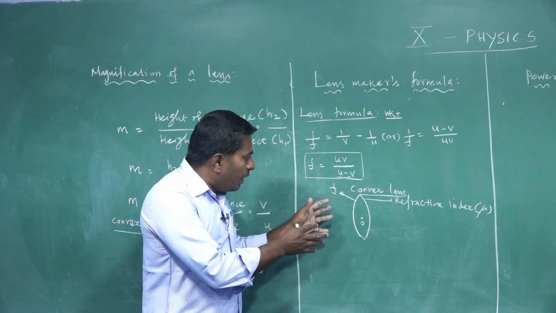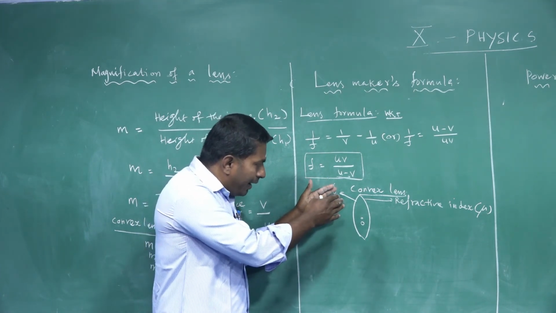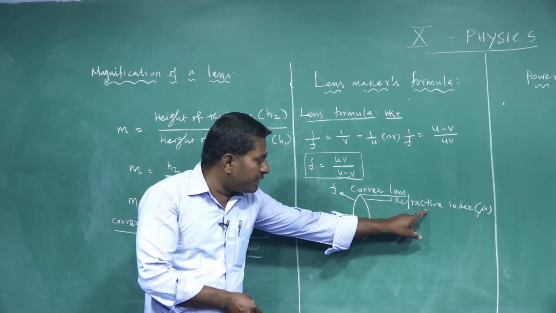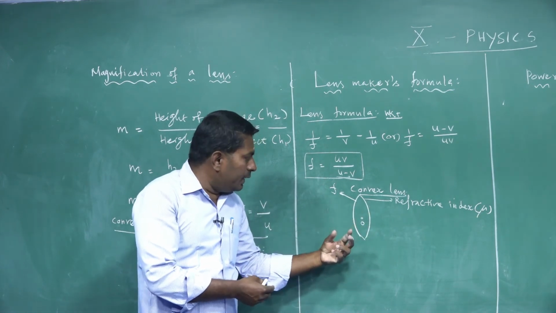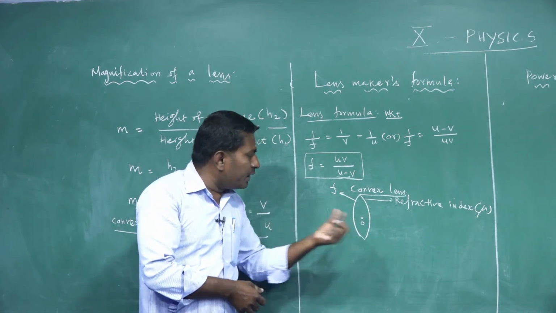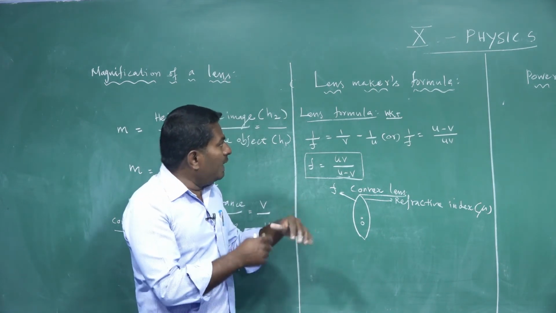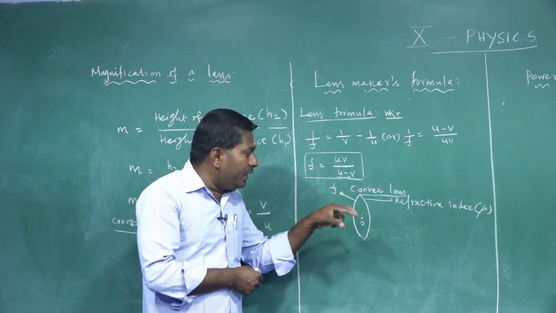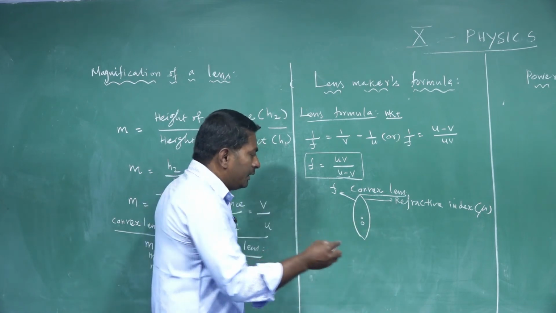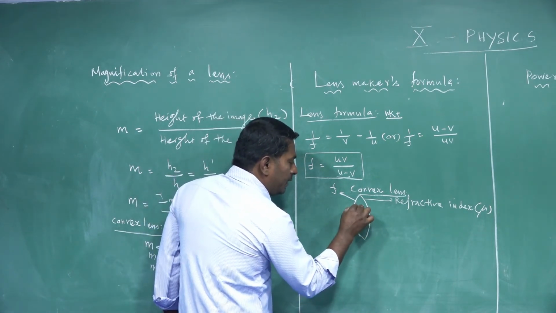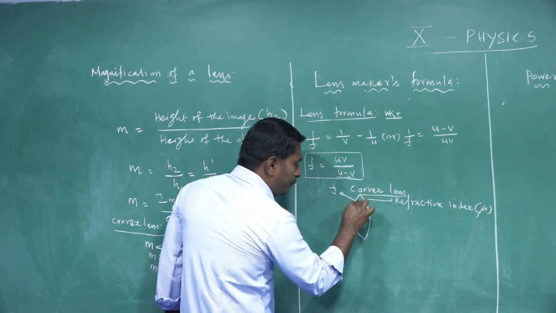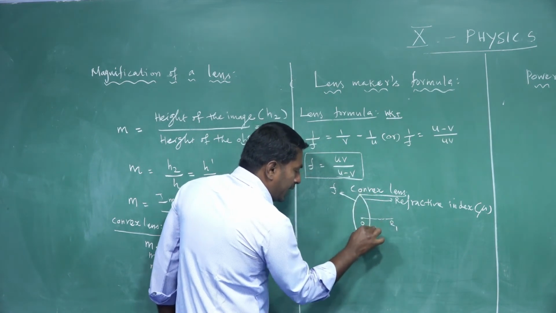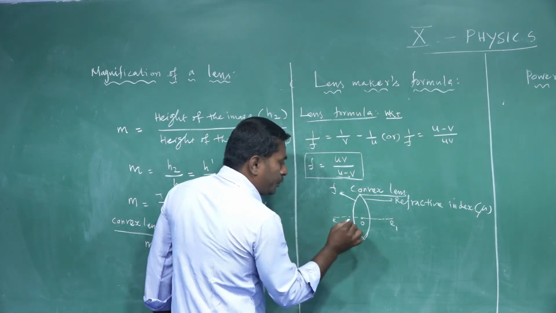First we design the proper arrangement of the radius of curvature of the convex lens and the refractive index of this transparent material, then only we can calculate the required focal length of this convex lens. Any maker of a lens who needs a proper focal length must know the refractive index and the radii of curvature of this lens. This is the first curvature, radius R1. This is the second curvature, radius R2.